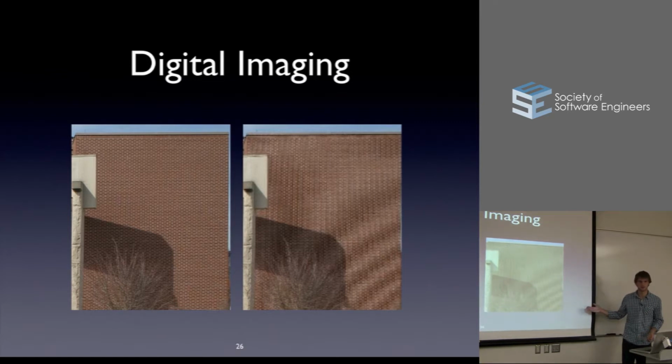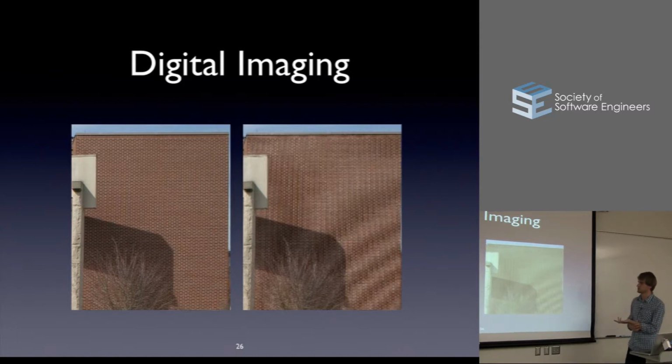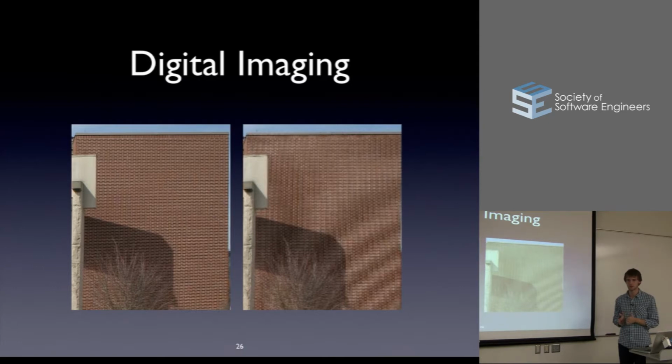If you can see it, it kind of looks like a wave. That can occur when you're taking a picture of a brick wall with too low of a resolution, so that the high frequency signal, which frequency is viewed in kind of a weird way in imaging, in the fact that each pixel,